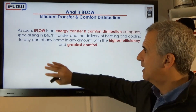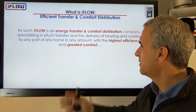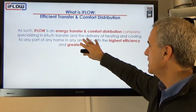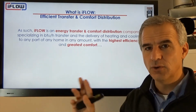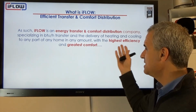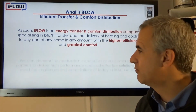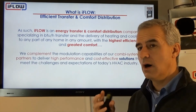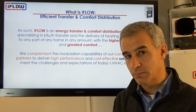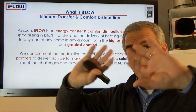So as such, iFLOW is an energy transfer and comfort distribution company. Really, we're specializing in the transfer and delivery of that heating and cooling to any part of your home in any amount with the highest efficiency and the greatest of comfort. So our modulation that we have in our unit, the modulation of the blower, the modulation of the pump, the modulation of the distribution system,